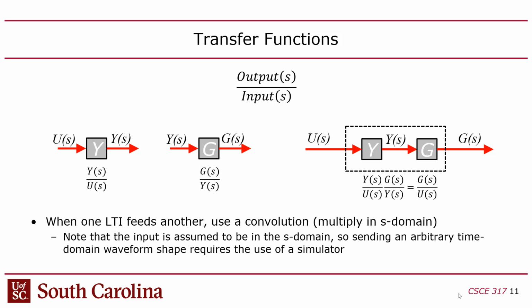You perform what's known as a convolution operation, where in the S domain, in the frequency domain, you just need to multiply the two transfer functions together. So if I take y over u and I multiply it by g over y, what ends up happening is that y cancels out,